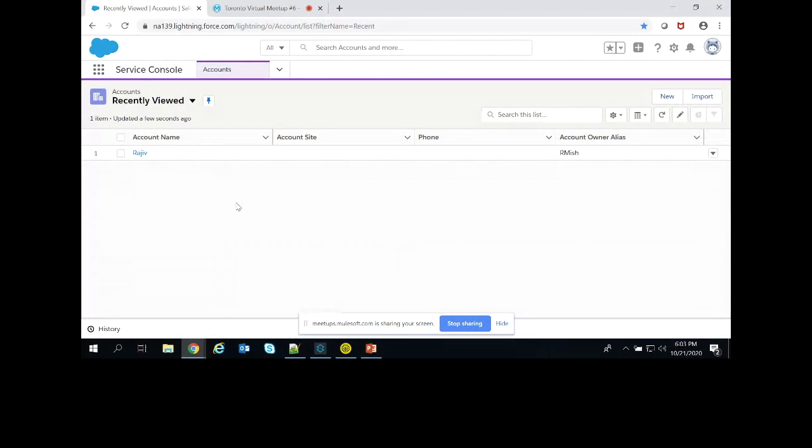It's free, so everyone can create it. The account name is Rajiv, and I have defined the external ID field in the Salesforce console. There is the account name Rajiv, and I don't have anything else right now.